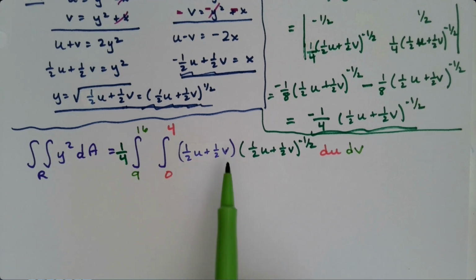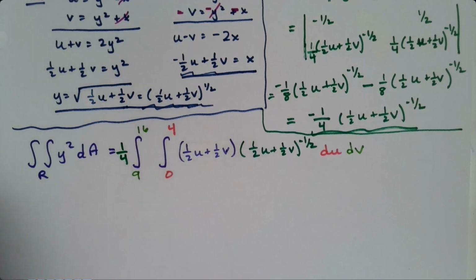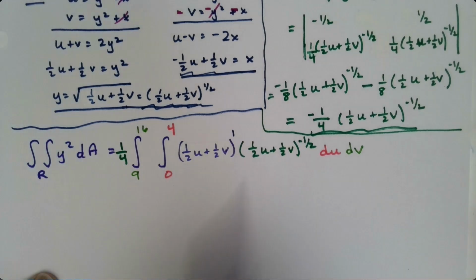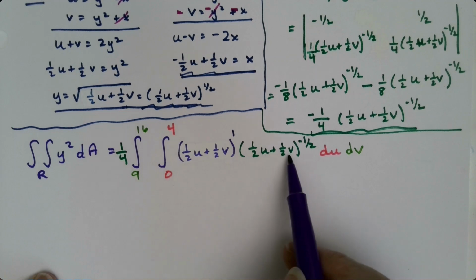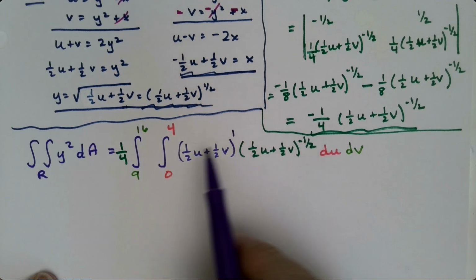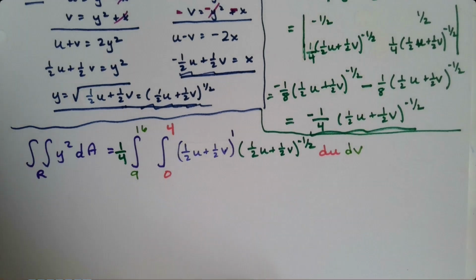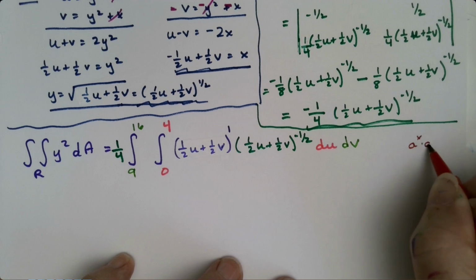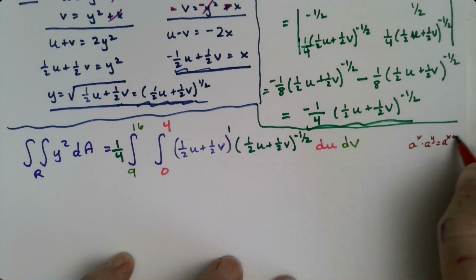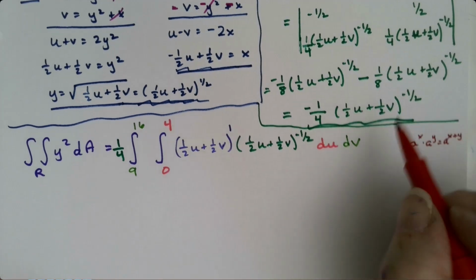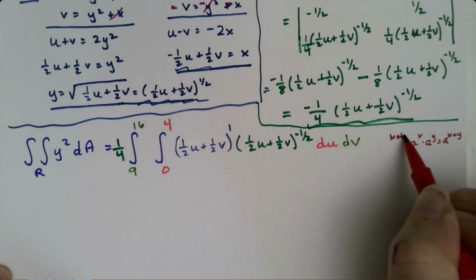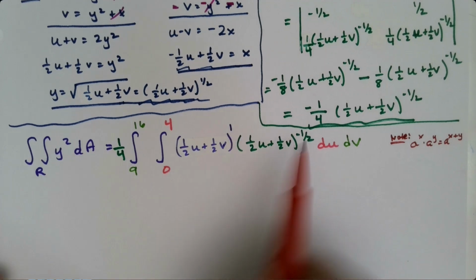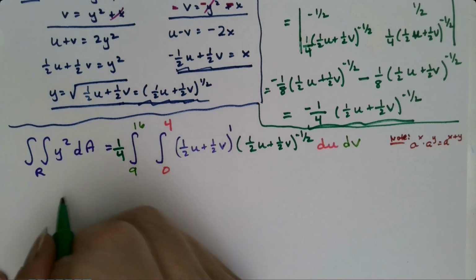Now, before you panic, notice these two are the same, but they're to different powers. This is 1/2 u plus 1/2 v to the 1 power. This is 1/2 u plus 1/2 v to the negative 1/2 power. Let me remind you, when you have a to the x times a to the y, that's a to the x plus y. So you can just add those powers, right? And 1 plus a negative 1/2 is a 1/2. So this is really 1/4